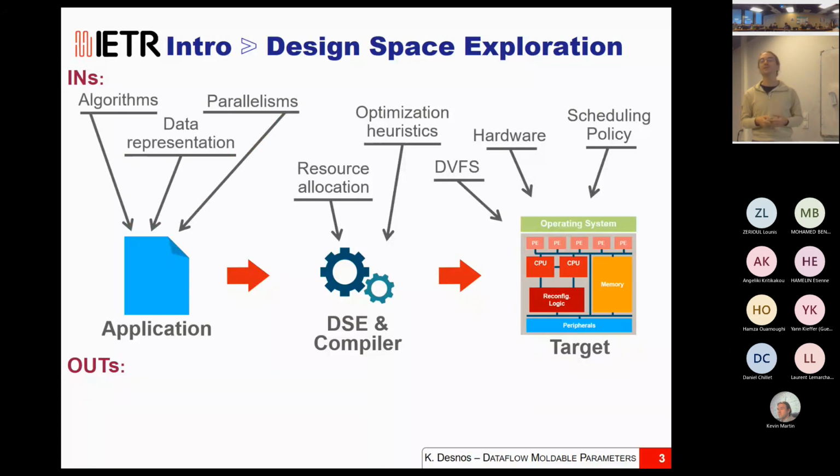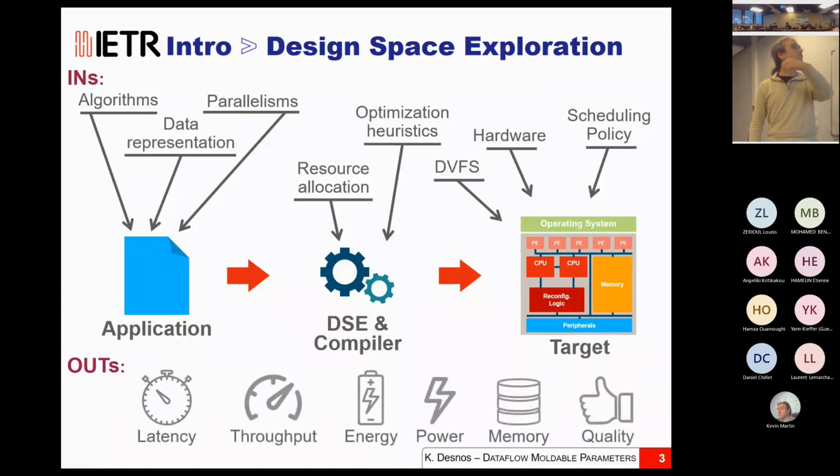You can also play with the data representation. Do you want to use floating point numbers, double floating point numbers, fixed-point values, small integers, custom floating points? There are many data formats that you can play with, and all of this has an impact on your application. And parallelism, I already talked about. You have a lot of choices on how to model your application, and if suitable, you can have a lot of parallelism or a very small degree of parallelism. These are the things I am mostly interested in for this presentation. I'm mostly interested in the application side, because my feeling is that this is sometimes a less formalized thing that you can explore in design space exploration, and the thing that is the least automated.